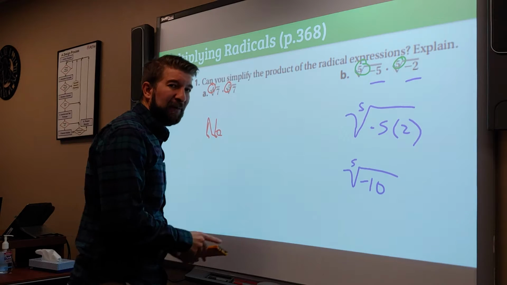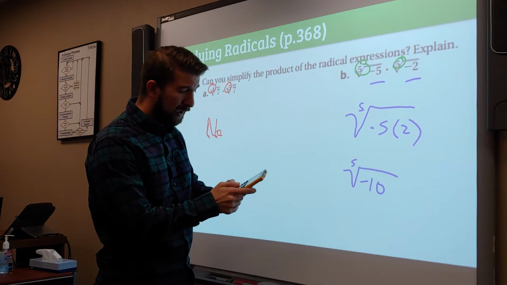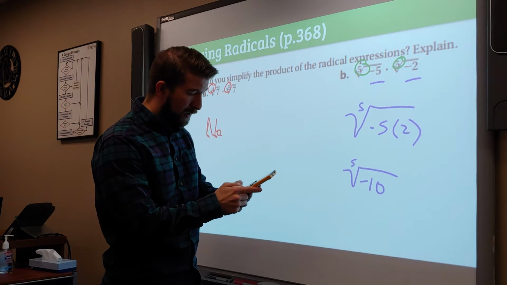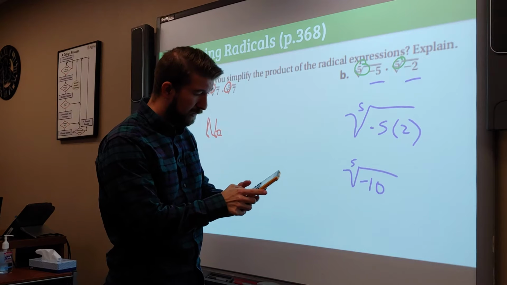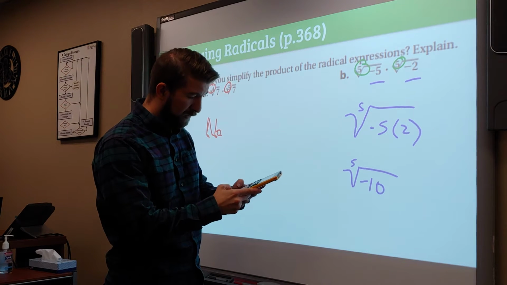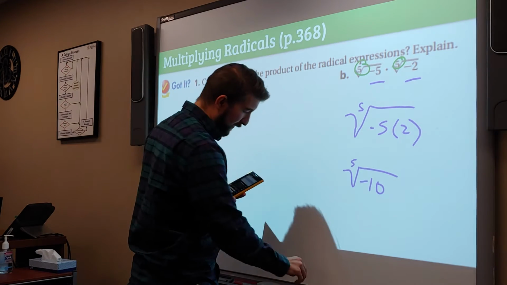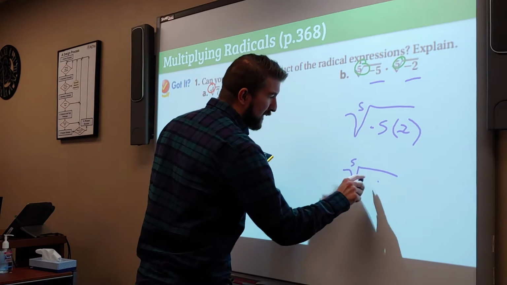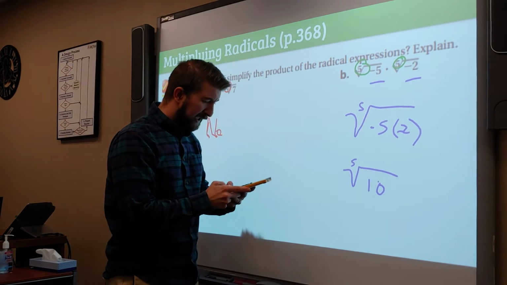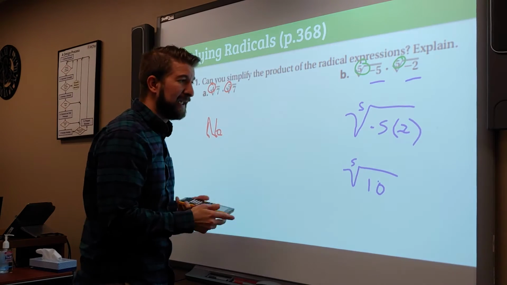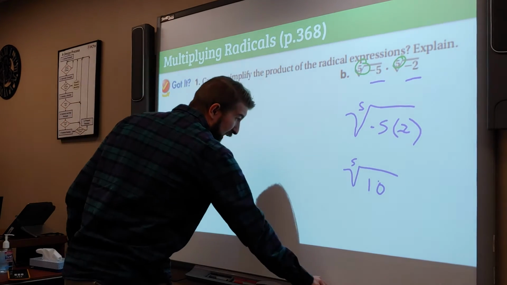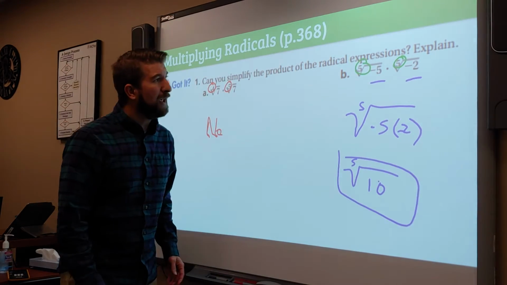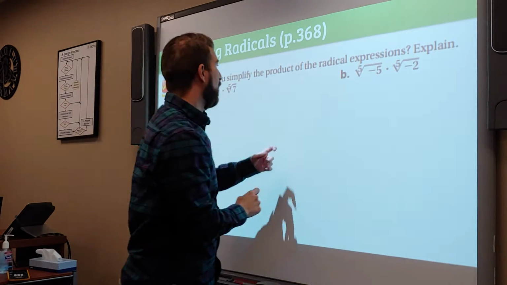And then we can see if it will simplify any further by grabbing our calculator and typing in the fifth root of, oh, my bad, this is a negative number, so that's going to be positive. I apologize. There we go, I was thinking that didn't look right. Of 10, and let's see if it simplifies. It does not give us a whole number, and so we could just say that this would be our answer. All right, let's move on